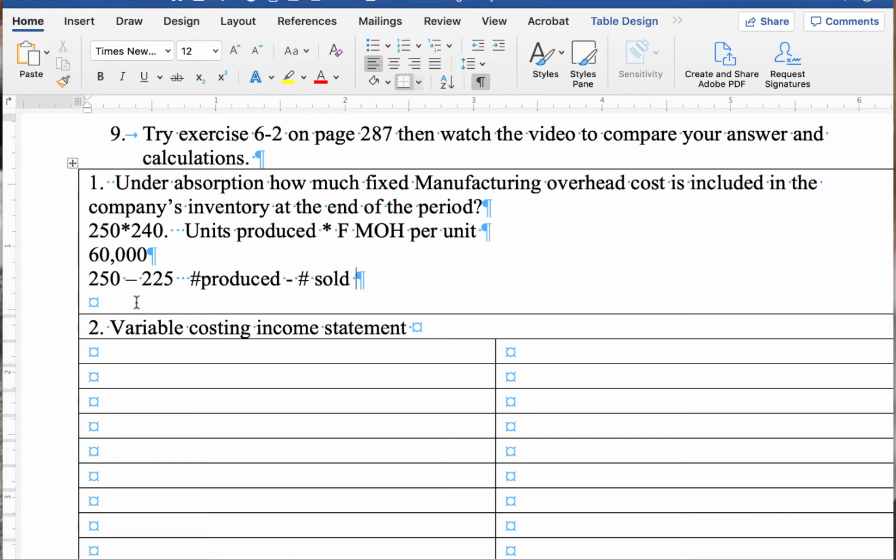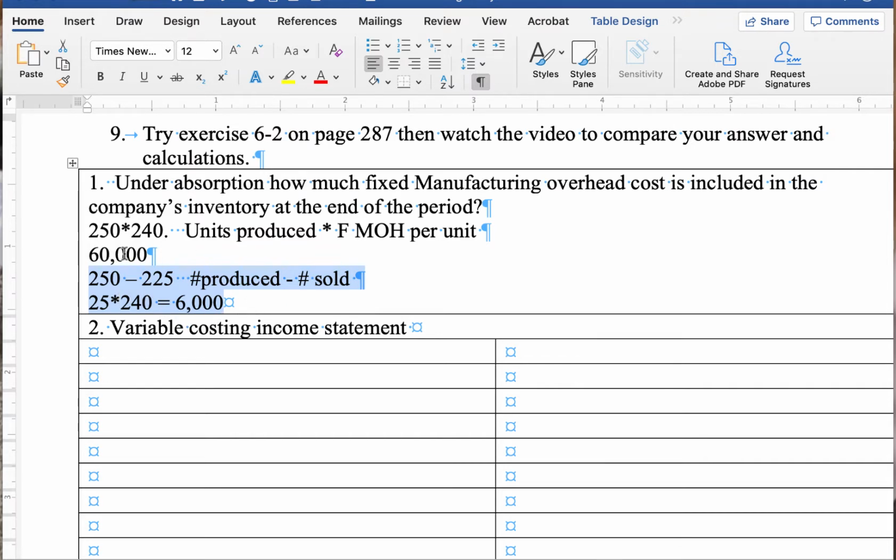That is the number that's sitting on my balance sheet, 25 units, times my fixed manufacturing overhead per unit, $240. I end up with $6,000. So the answer to this question that you would want to put down is this amount right here, the $6,000,